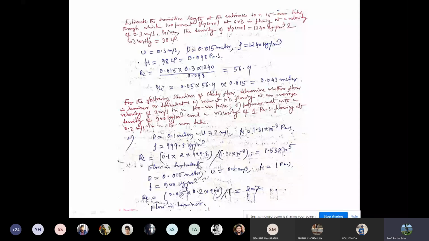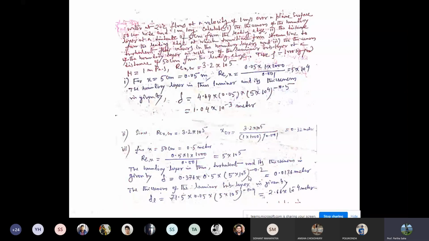Because you're determining this for fluid through a pipe, the diameter is given. This number is very large. Don't mix up pipe and plate. This is a pipe or tube, so the range is that more than 3 into 10 to the power 3 will be turbulent. Of the order of 10 to the power 5 is definitely turbulent. In the second case, you get a Reynolds number of 2.7, so it's very low. That is laminar.